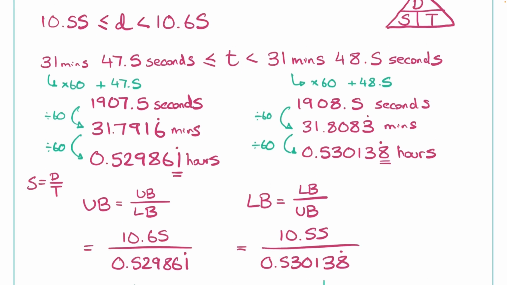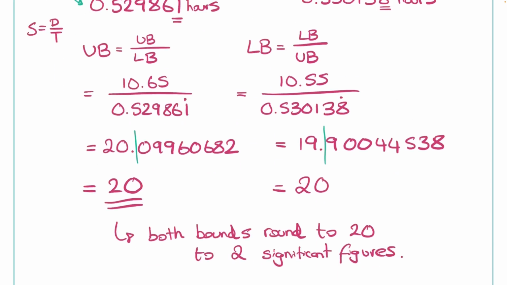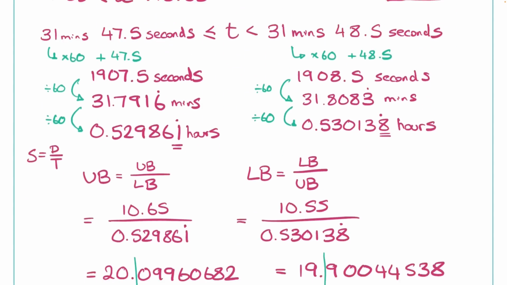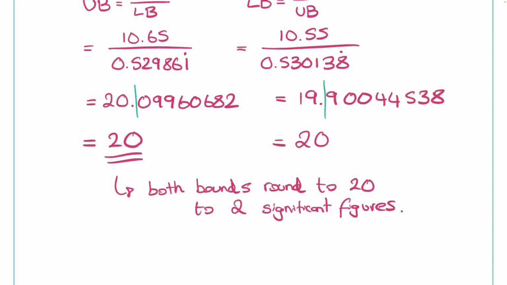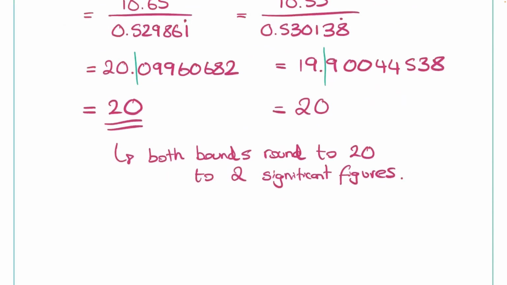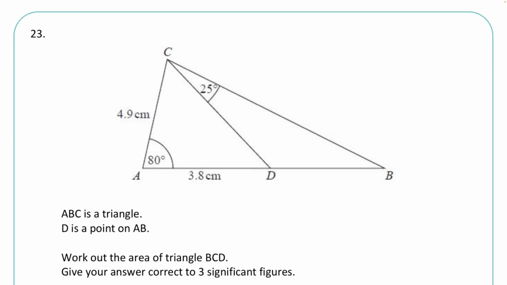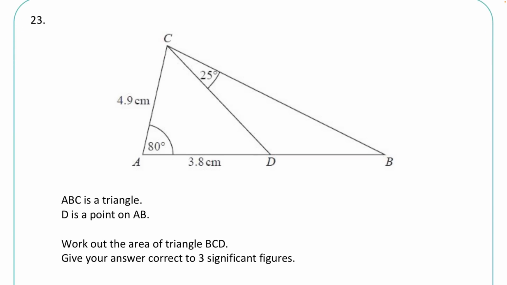Not a very nice question at all, but that process of the bounds, using the bigger divided by the smaller and the smaller divided by the bigger, and potentially having to consider bounds and round it all at the end. There we go, quite a common calculator style question, but definitely a difficult one, where we had those minutes and seconds to convert. So there we go, that was some bounds calculations, and now we have a question on